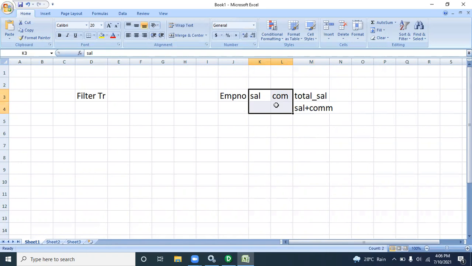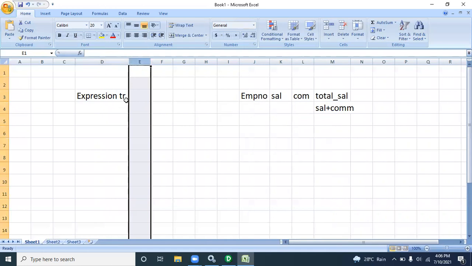We calculate these using addition functions. It will generate a new column with a new value, but it will not change the existing data. That type of logic we can use in expression transformation.